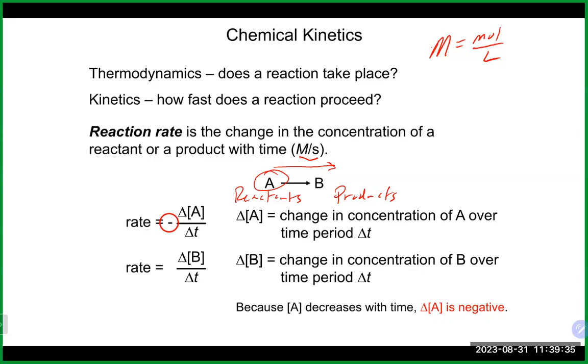Just by the same token, in terms of B, as time goes on in this type of reaction, we should expect the amount of B to start to increase over time, right? So we should see A decreasing. At the same time, we should really start to see B increase over time as we're making more of it. And we could represent this by what is sometimes referred to as the reaction rate,